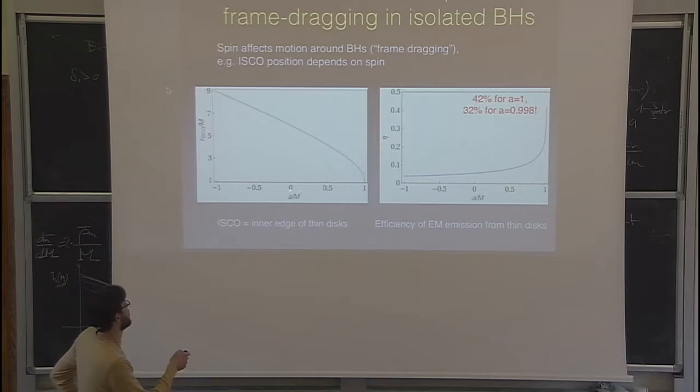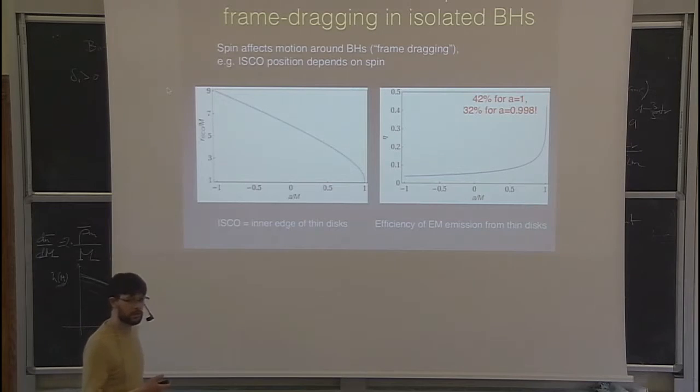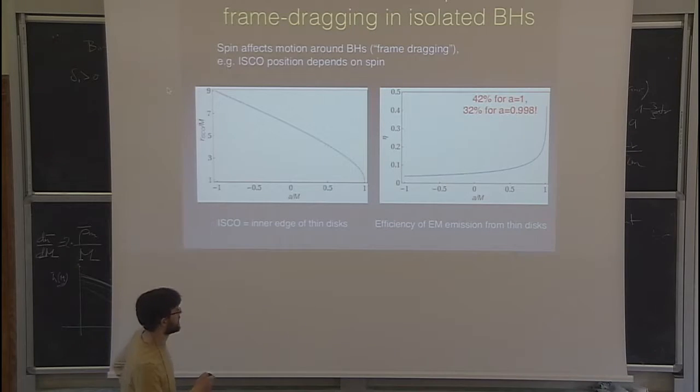A is the spin of the black hole, and the spin can't be larger than 1 because otherwise you would have a naked singularity. If you've never seen the Kerr metric, this will not mean much to you, but I have to assume something to prepare these lectures. So the maximal spin is 1. As the spin gets larger, circular orbits get closer and closer to the black hole. So if you want, the spin of the black hole circularizes or stabilizes the orbit. And this is not a purely